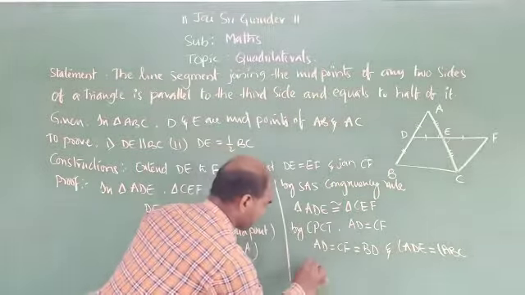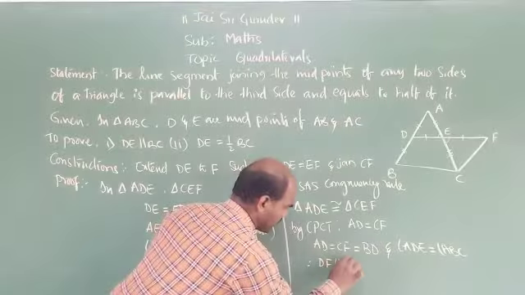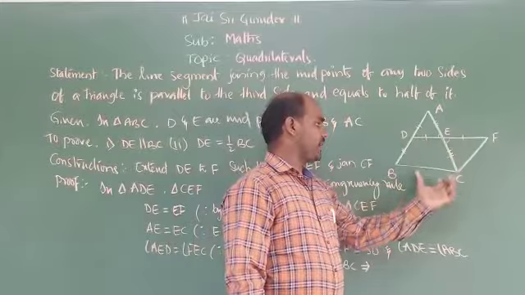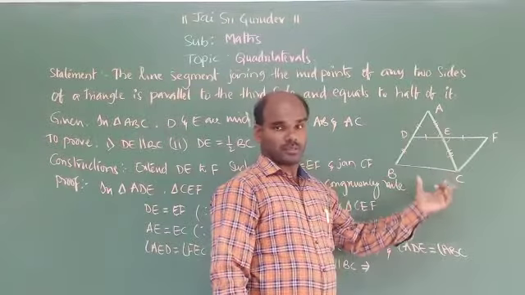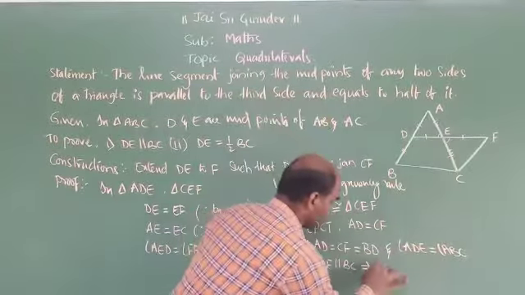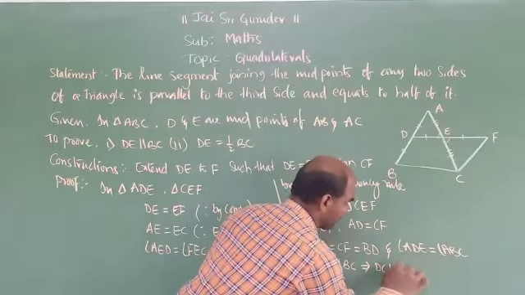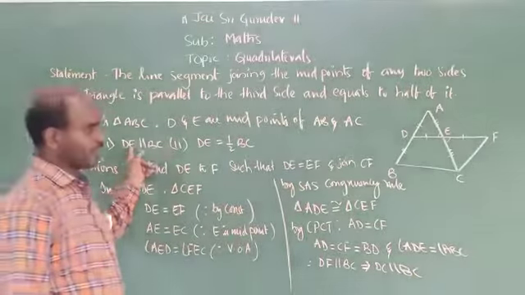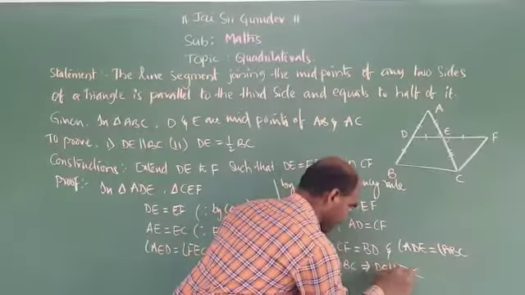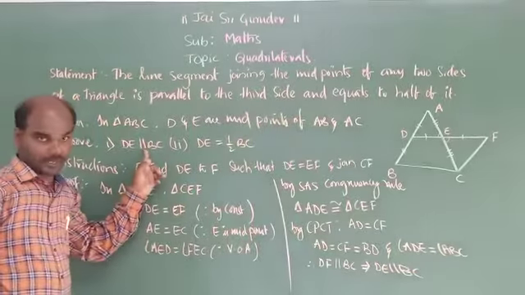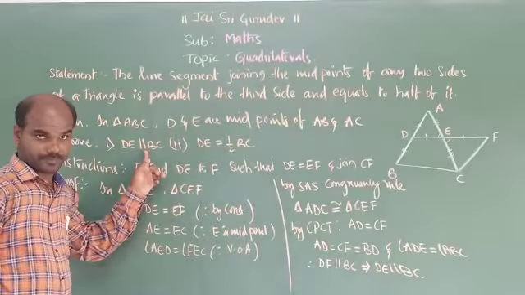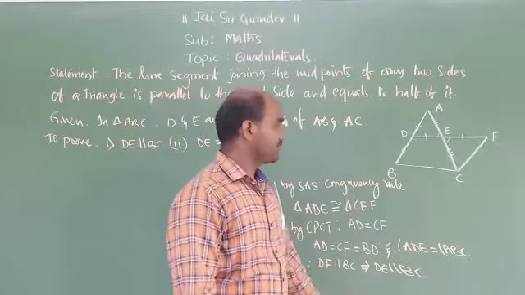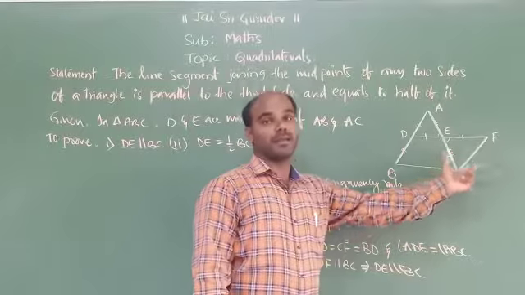So therefore DF is parallel to BC. It implies that DE is also parallel to BC, no, children? So that is DE is parallel to BC. Yes, so the first condition is completed: DE is parallel to BC. DE is equal to half of BC. While observing the first condition, it says opposite sides are equal and parallel.